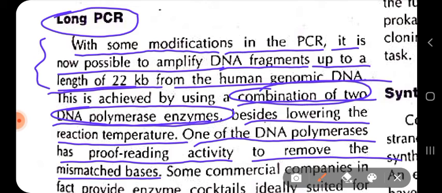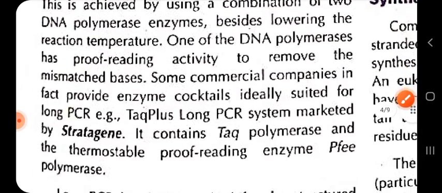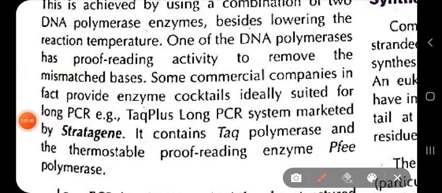Here in the long PCR process, we have used such a DNA polymerase that has a proofreading activity that will check that the incoming nucleotides match perfectly with the complementary template strand. And such long PCR can be employed as an alternative for a gene library,